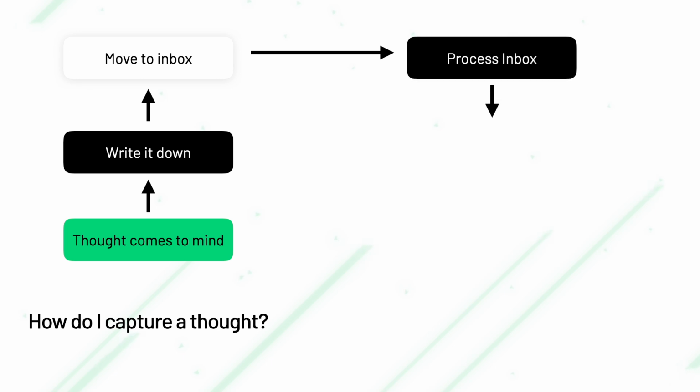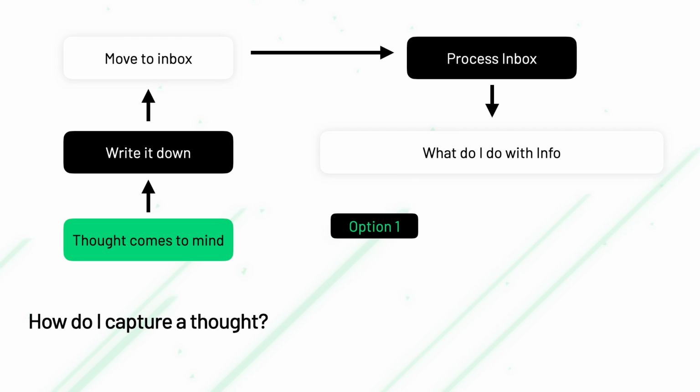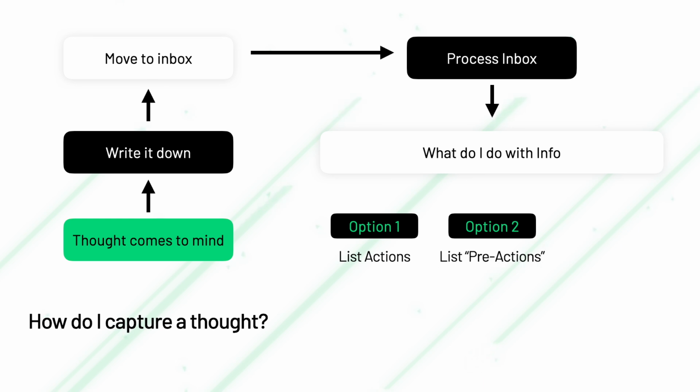Fifth, when processing, I decide for each thought I've had what needs to be done. I only have 3 options of what can be done. Option number 1, if it's crystal clear what needs to be done, I list the actions that need to be done. For example, create a project or prepare a report. Second option, if I see that I would need to dedicate more time to the thought, for instance, I might need to conduct some additional research or ask someone for advice. Simply put, direct actions for the captured information aren't clear yet. I list the additional types of actions that need to be done first. For example, call a person or look for additional information related to my thought.